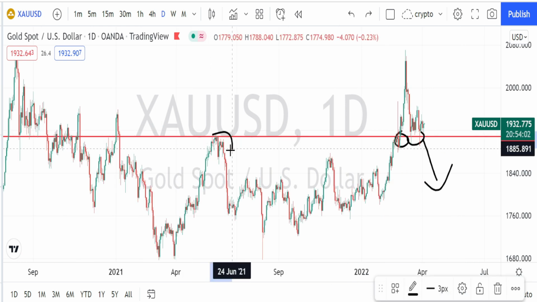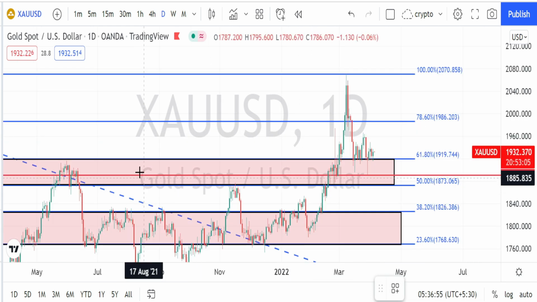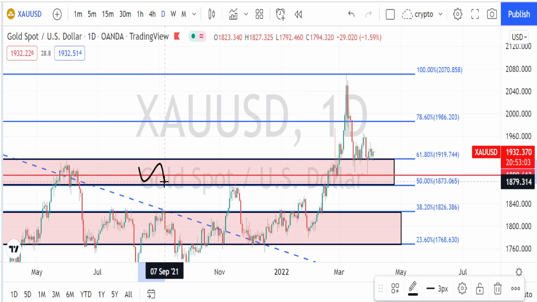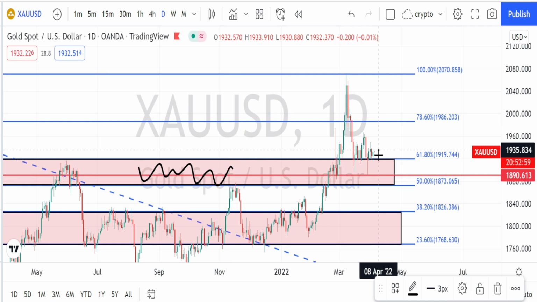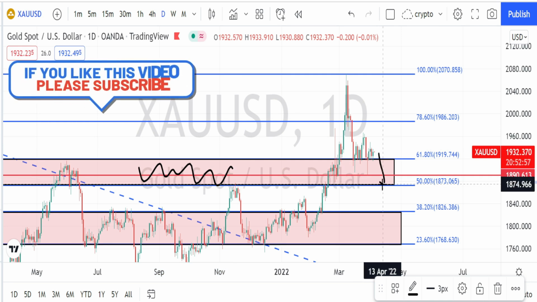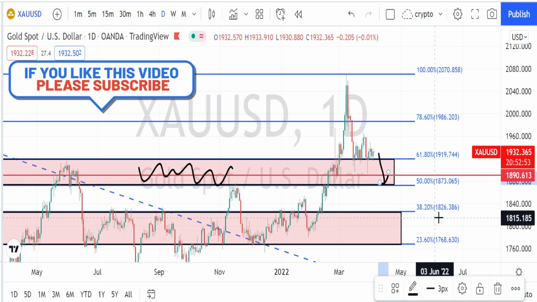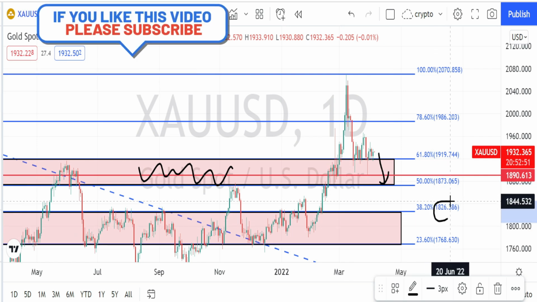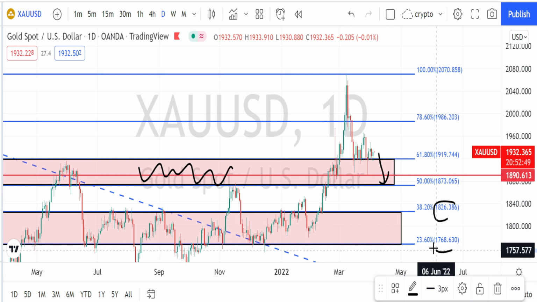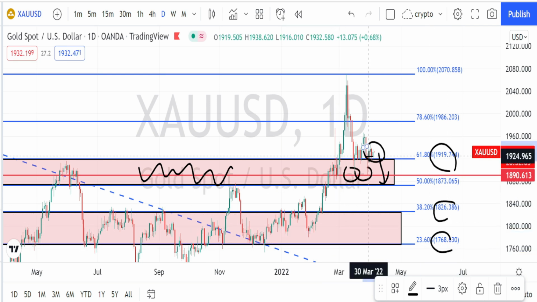Let us mark the support and resistance levels. So this whole area in red color will be acting as a very strong support zone when the price action tries to go on a bearish trend reversal. When the price action breaks this support zone, next level of support zone is going to be between 1826 and 1768. And when we look at the